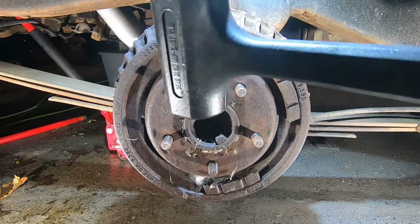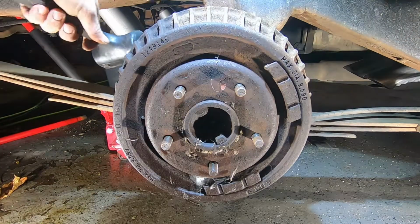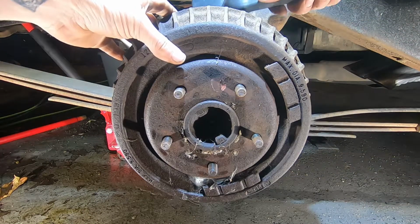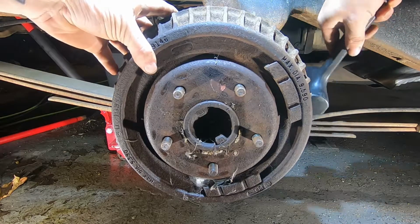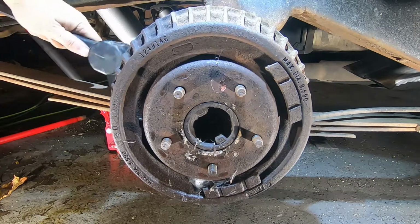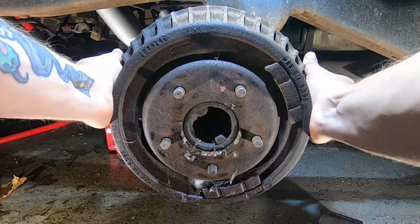All right, so sometimes you take a dead blow such as this, and you can come in and just tap it on either side. You see, it's starting to come off. You more than likely can't get up here. As you can see, it's not that much, so you're pretty much just going to be working with the sides here. And it's about off, honestly. I might be able to just...